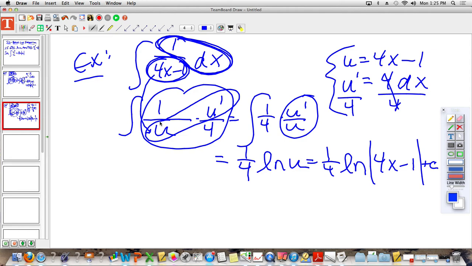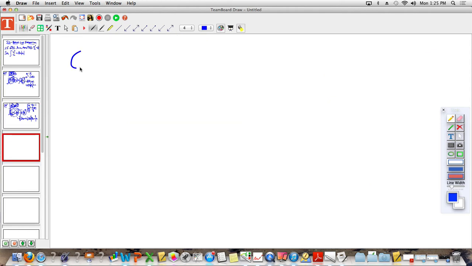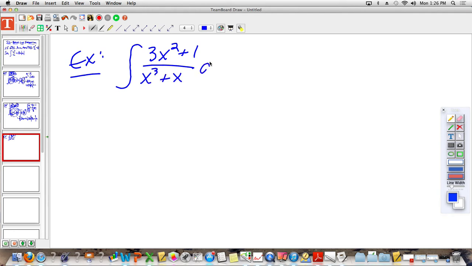Let's try another one. The integral of 3x squared plus 1 over x cubed plus x dx. Go over here to the side. What are you going to call u? X cubed plus x. It's the denominator, x cubed plus x. u prime is equal to 3x squared plus 1